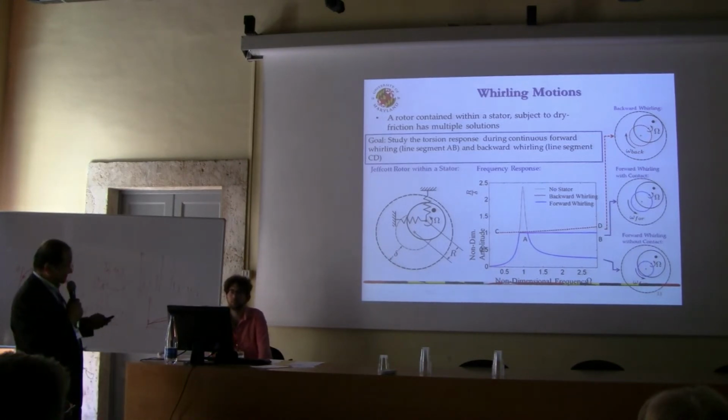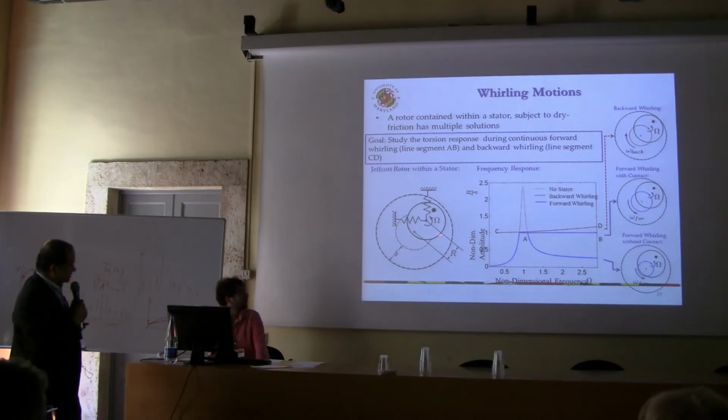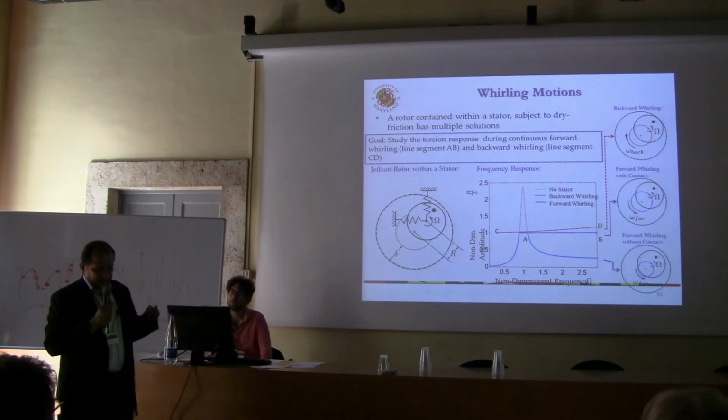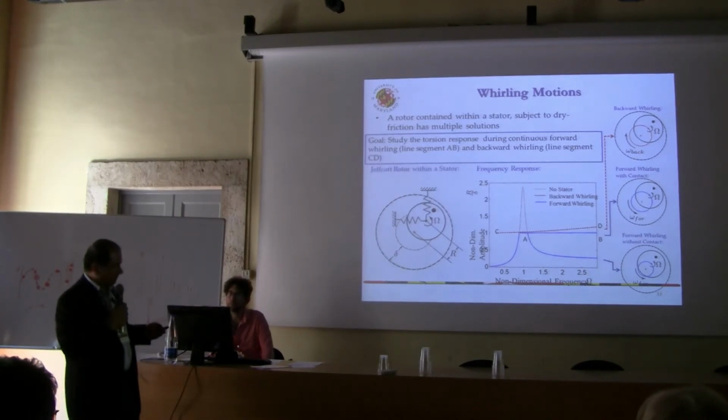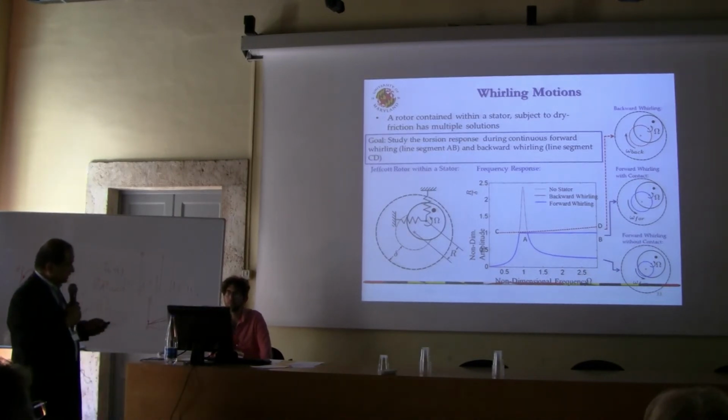So I use an extended Jeffcott rotor model where the whole system is collapsed in the plane to this rotor. The bore wall is this outer shell. And essentially these elastic elements that you see here are for illustrating the contact interactions that we have. If I were to collapse the system all the way down to just the torsional oscillation equation, what you'll find